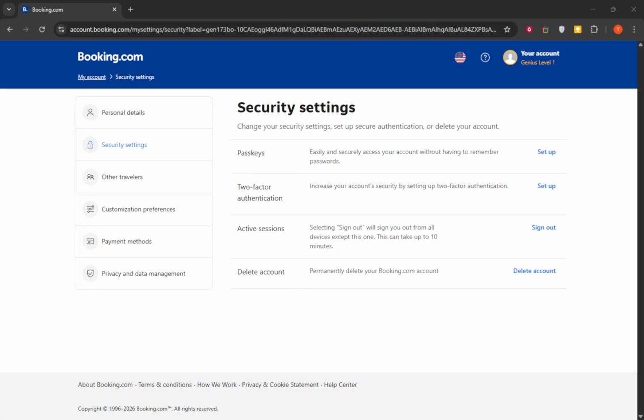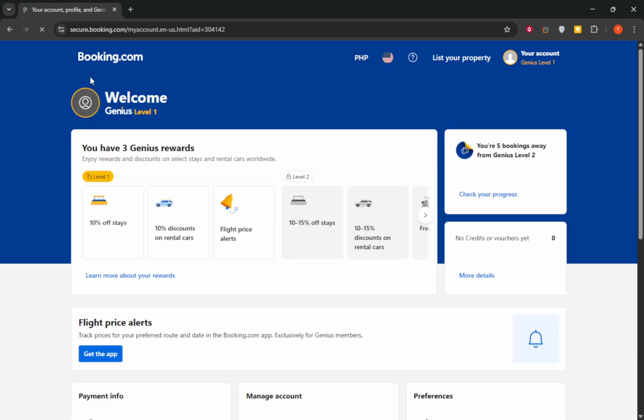In today's video, I'm going to teach you how to delete a Booking.com account. We'll walk through the exact path on a computer using a web browser, explain what happens after you confirm deletion, and cover what to do if you don't see the option right away. The process is straightforward, and it's similar on the mobile app, but I'll focus on the website so you can